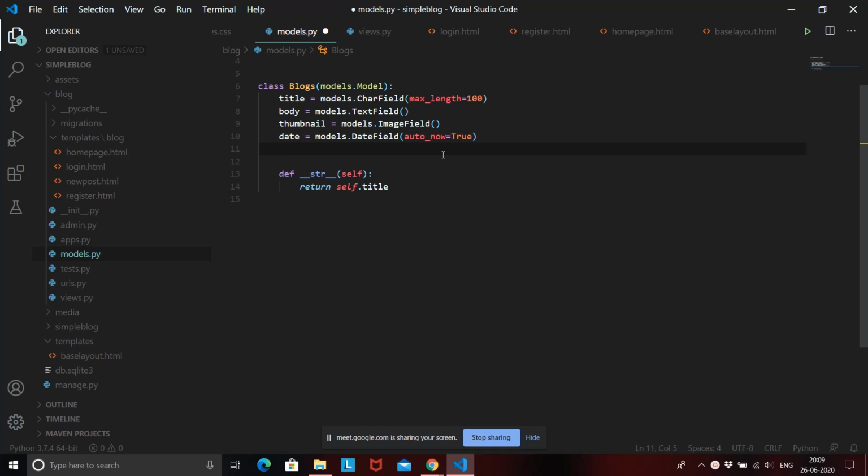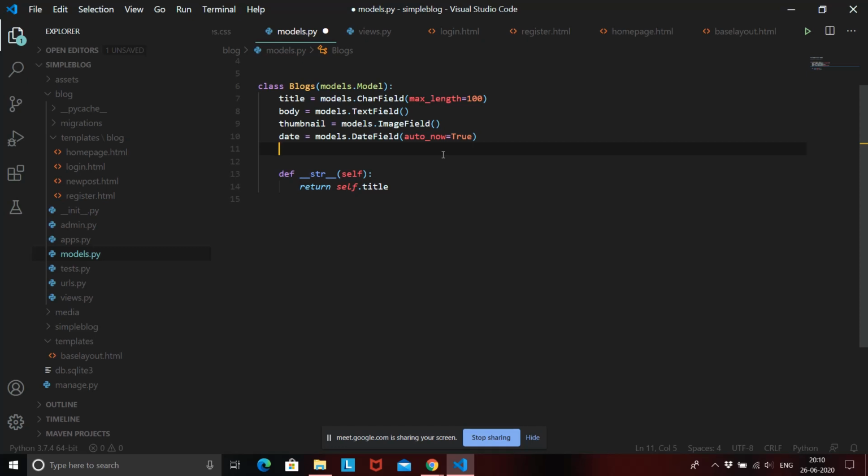Okay, and that can be done using a foreign key. So what is a foreign key? A foreign key basically means that currently in our system we have two models. The first model is our blogs and the second model is our users, that is the database of users that are currently registered on the system. That is one model which was provided by Django, and the second model is the blog that we have created ourselves. But now we need to connect these two models, that is, a user is going to create a blog, right? So for that we need to create a new field called a foreign key, which means that user data should be stored in this blog, which will specify which user has created this blog.